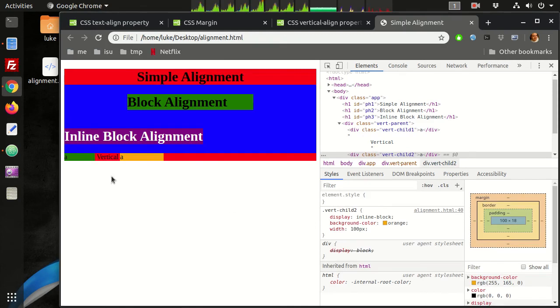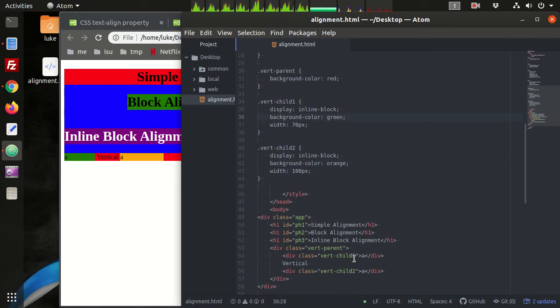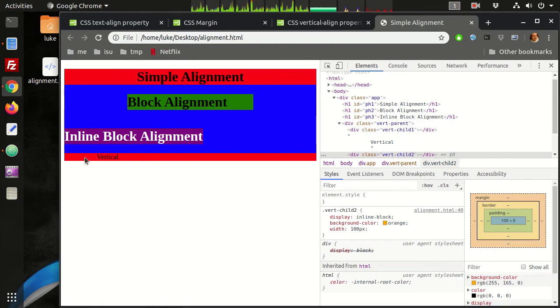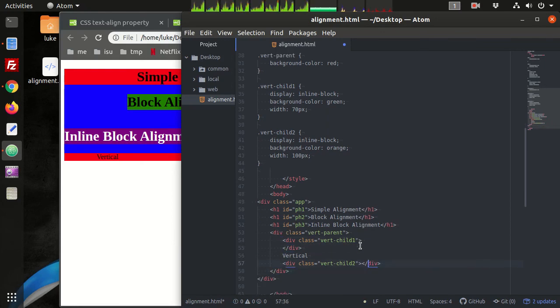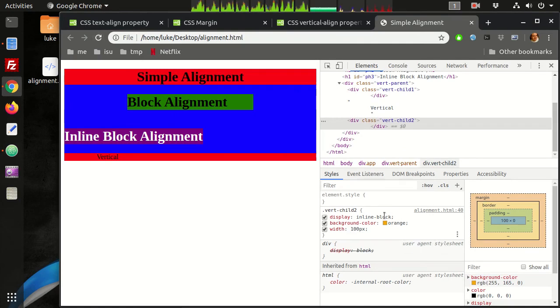So there, I've got a div and we've got some content. When I remove that content, the div collapses down into essentially nothing. So we can probably just add white space as our content. Nope, it doesn't like that either.